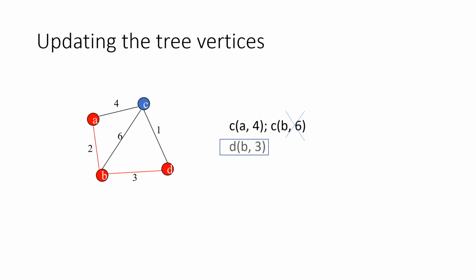So how many vertices are there now in the tree vertex? There are 3 vertices, namely A, B and D. So now only the target vertex to be added is C. So now again, when we observe the vertex C, there are 3 possibilities. That is, from A, B or D, I can reach the vertex C.